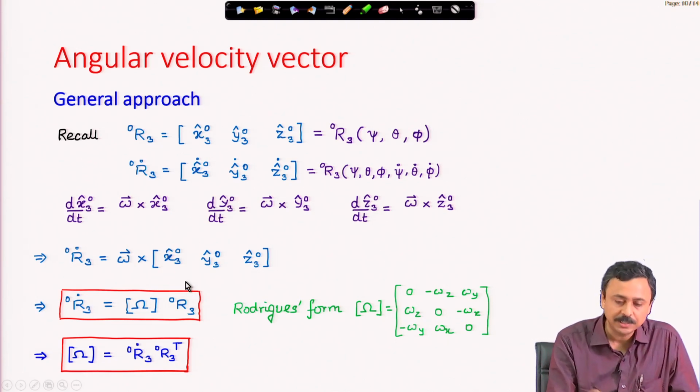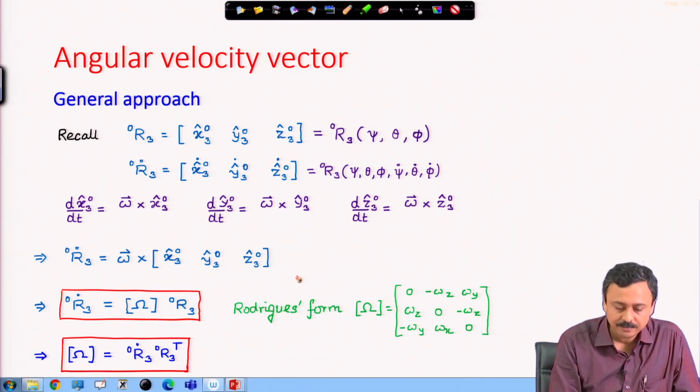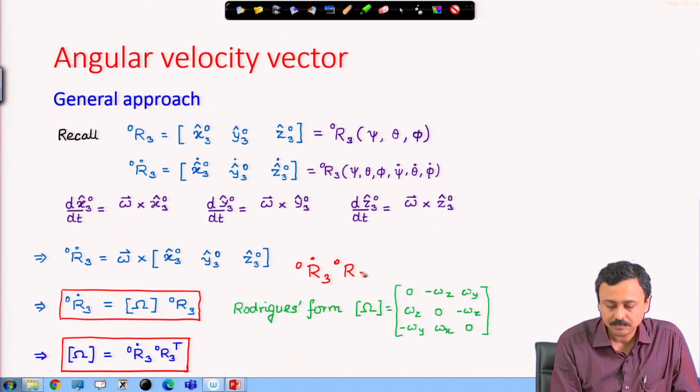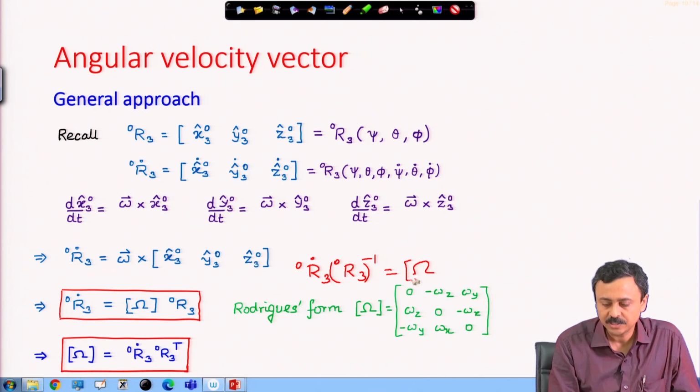Why? Because I have inverted this. I have written this in this form,